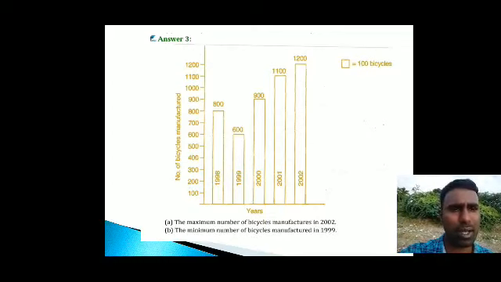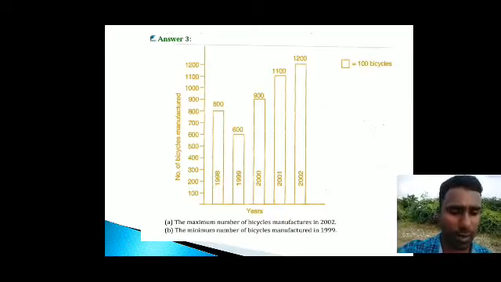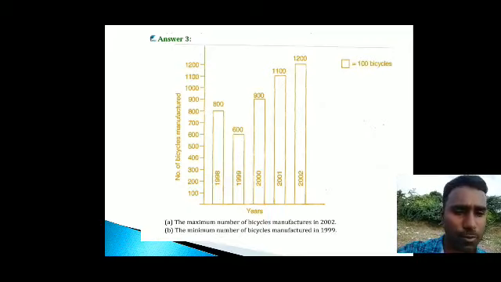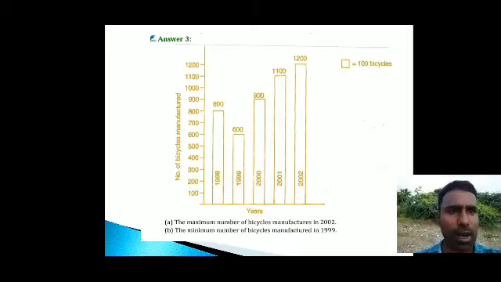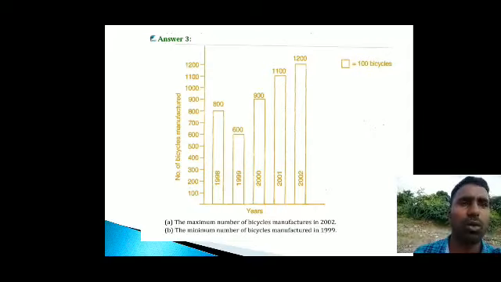So 600 will come means first one 99, 600. So y-axis 600, x-axis 99. Mark the point where it will be intersecting, and take left side 0.5 centimeter, right side 0.5 centimeter, and connect with the x-axis. Okay, and the next one is 2000. So 2000 for 900, same way, where 2000 and 900 intersect, you can mark that point, and the left side 0.5, right side 0.5. Similarly 2001, 2002.